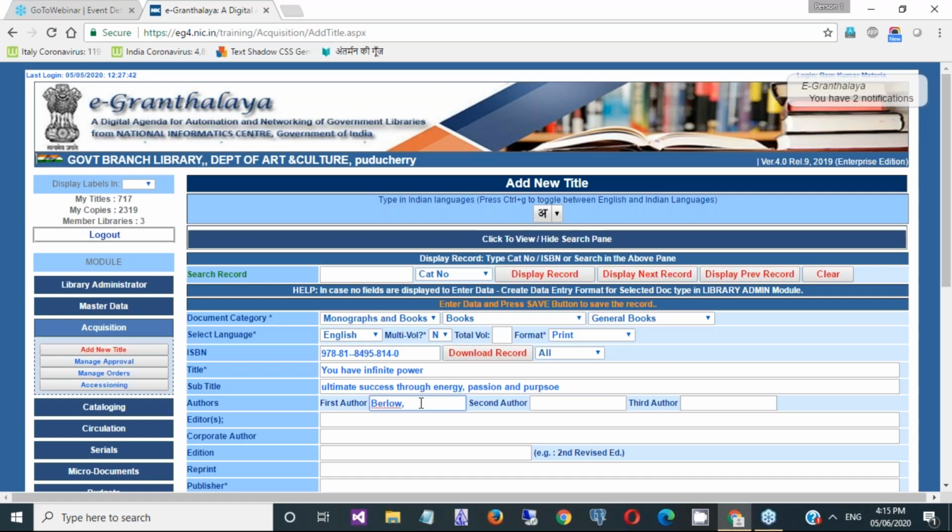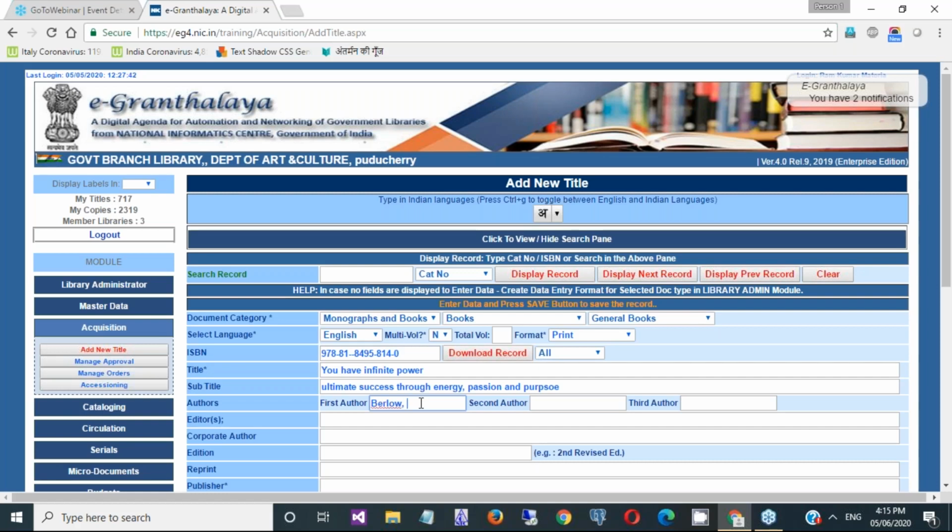But EG4 is hosted in an NIC cloud, and it has not been passed by the cyber security audit group. They say that for this kind of downloading, they need to open the port of the Z39.50 server of the Library of Congress USA, and they are not ready to open that port. They say hacking may be possible in case the port gets opened.